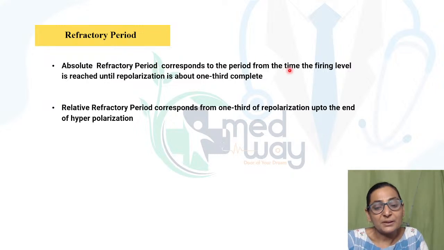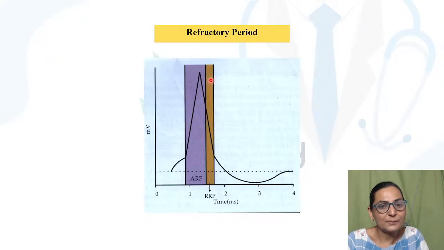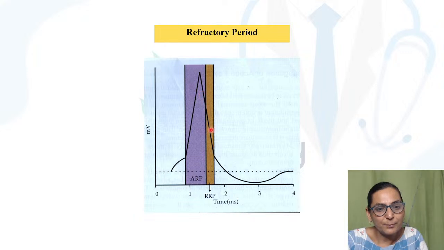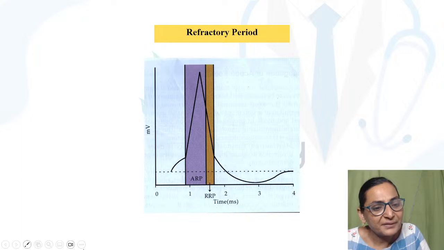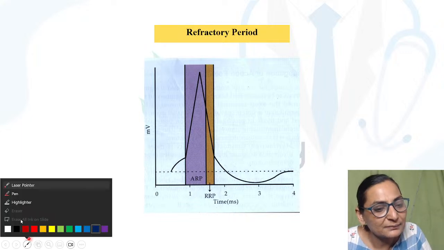Absolute, from the time of the firing level to the 1/3 of repolarization, and the remaining one is your relative refractory period. So you can see this is the absolute refractory period, and after 1/3 of repolarization is your relative refractory period. The difference between the two is